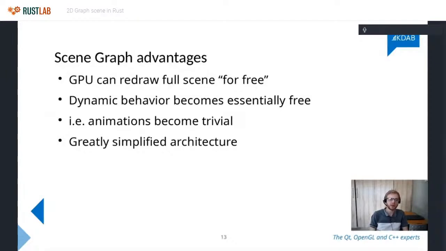But the problem is when you start having a dynamic GUI where you've got all these things moving around on the screen the whole time, you basically need to redraw everything on the frame for every frame. And the traditional frameworks weren't really designed to be powerful enough to do that. They only achieved performance by only drawing what needs to be redrawn. Whereas now with the scene graph approach, we've got something which by design redraws everything. So it doesn't care if everything is moving around. It can totally cope with that.